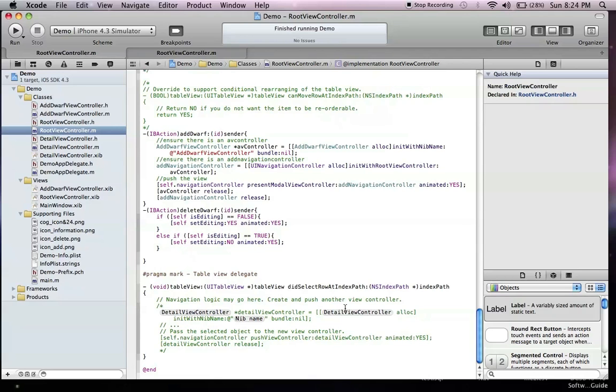You notice the way they have it set up, exactly as we are talking here. And then they release it, and they push it here. This code's already been put in there. I didn't touch this. It's there for us. And we have Detail View Controller. It happens to be the name of, we're going to uncomment this,